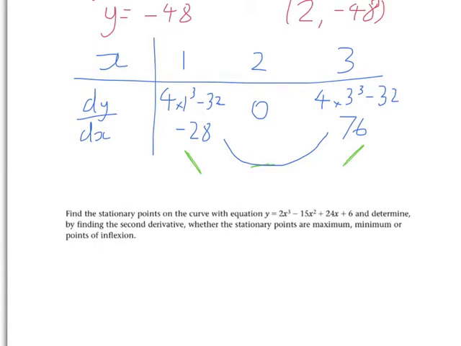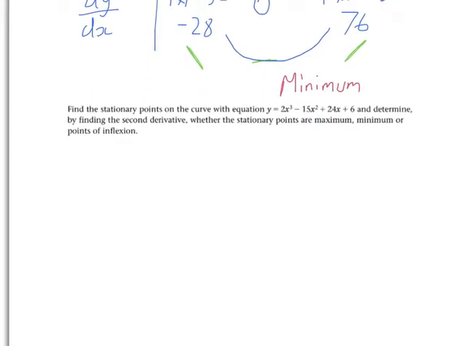This point represents a minimum. Now, that method is a fairly long-winded method for finding out whether a point represents a maximum or a minimum or point of inflection, but you could be asked to do that in an exam. The quicker way of finding out whether a point is a maximum, minimum or point of inflection is to consider the second derivative of a